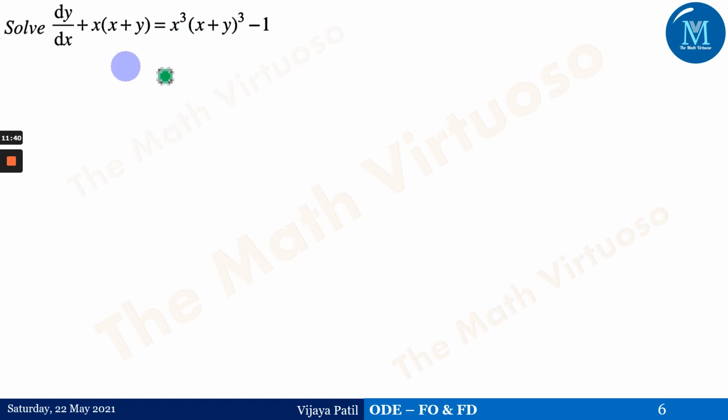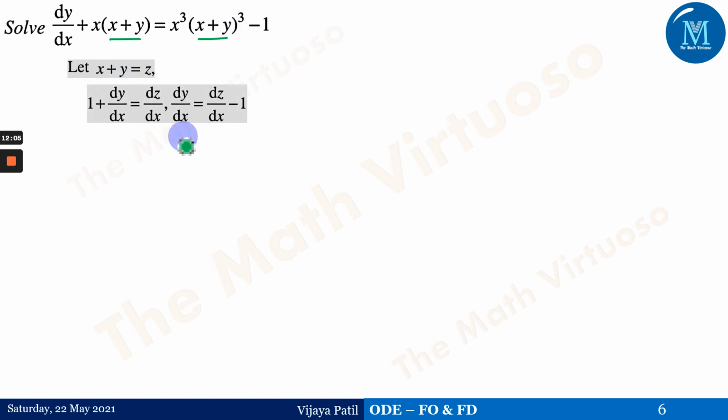Okay, now this third example is a little different. If you observe, this is present over here, which we need to handle because we want everything in terms of the product of x and y, or whatever variables are considered in the example. So this x plus y, we can substitute: x plus y is equal to z. We are taking it as a substitution.